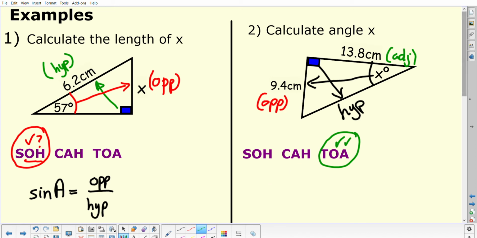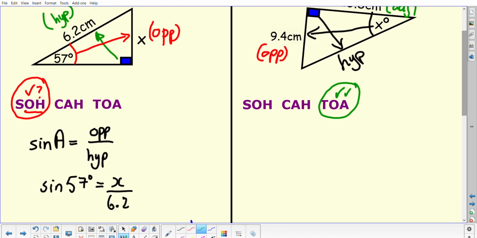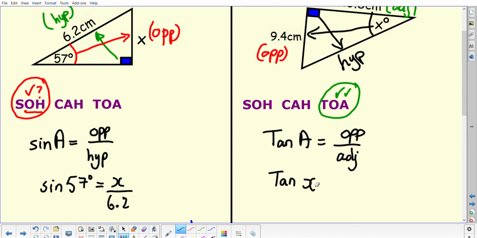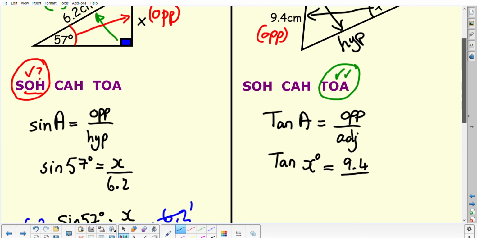So you're going to begin this question by writing down the general formula, which is tan of the angle equals opposite side over adjacent. Now this time I don't know the angle, that's what I'm trying to work out. So my angle is where my x is going, so tan x equals my opposite side is 9.4 and my